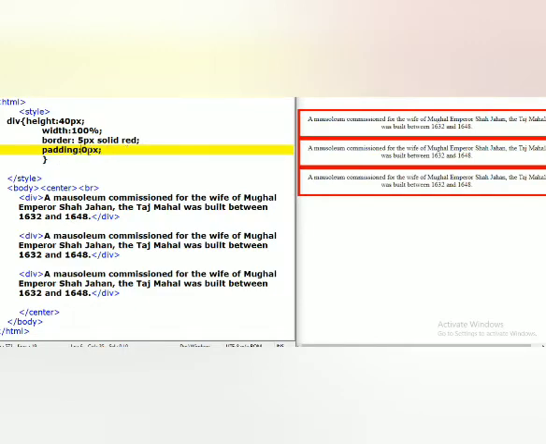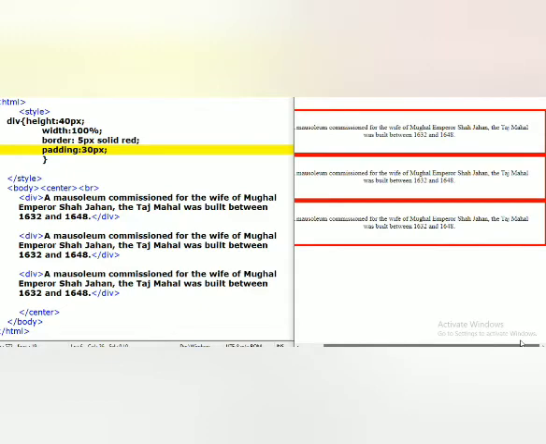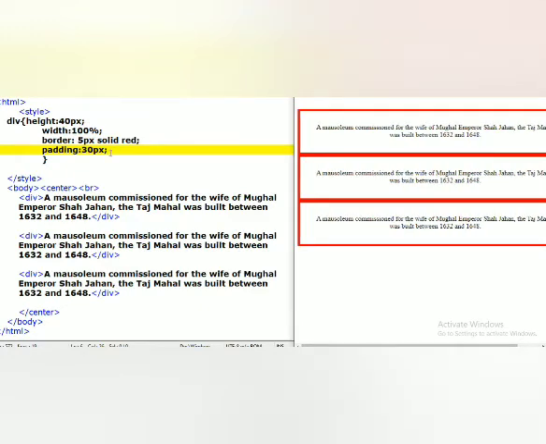So here I apply 30 pixels. We can make out the difference if you apply larger values here. So we can see 30 pixels is applied on all the sides of an element. These paddings are used to apply spacing in between all the sides of an element. You can see 30 pixels top, 30 pixels left, 30 pixels bottom and 30 pixels right side it is applying.